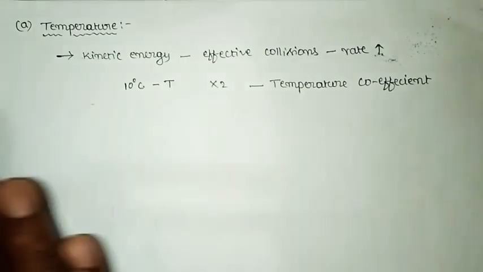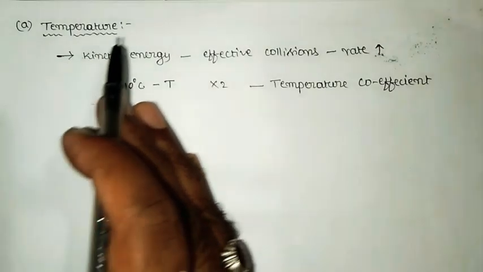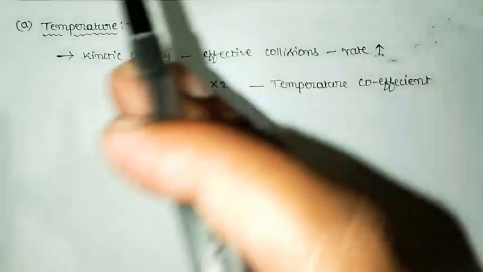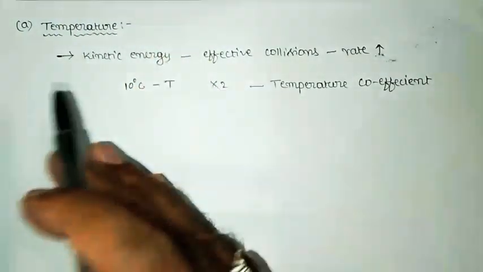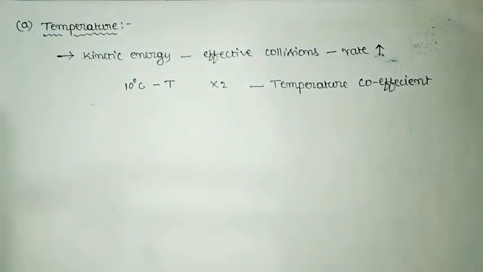That means the rate of an enzyme catalyzed reaction will increase with rise in temperature, but not continuously. It will be only up to a certain temperature, but not beyond that temperature. That means up to a certain temperature, with increase in temperature, the rate of enzyme catalyzed reaction also increases. But beyond that particular temperature, there will be no change in the rate of